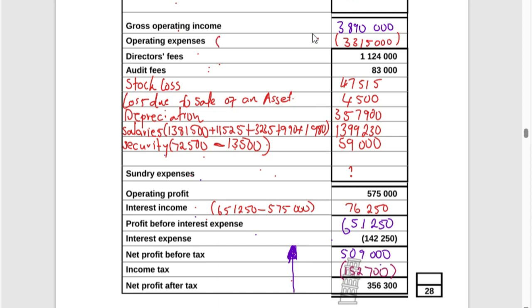It was obtained by taking our operating profit of 575,000 minus our gross operating income of 3,890,000. In this case our sundry expense will be our balancing figure. All these amounts will be subtracted from this amount, and then we are going to say